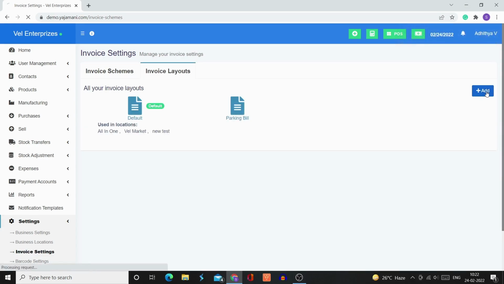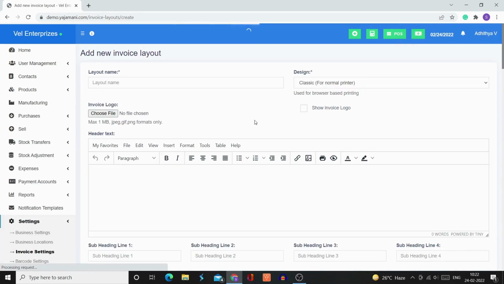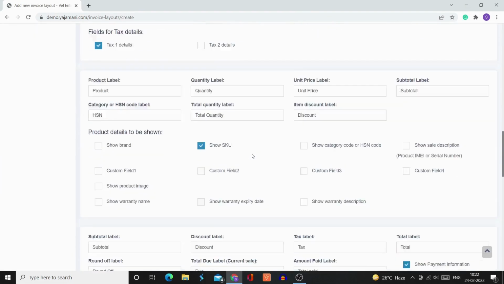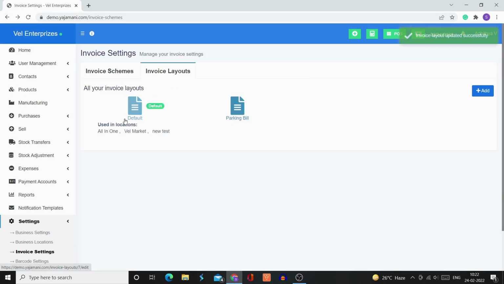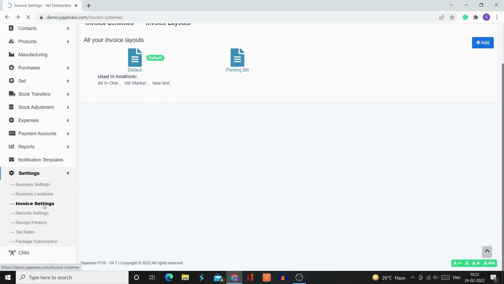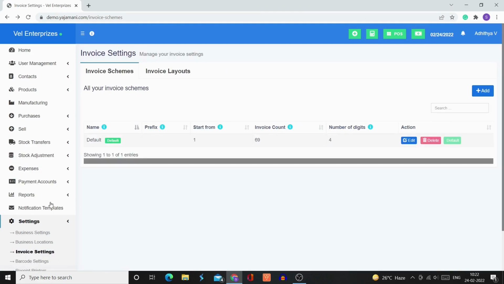If you want to add another invoice, you can simply add another invoice also. Right now I am using this default invoice, and if you want to add any other invoice, you can add it from here. So this is how you can use the invoice setting option from the